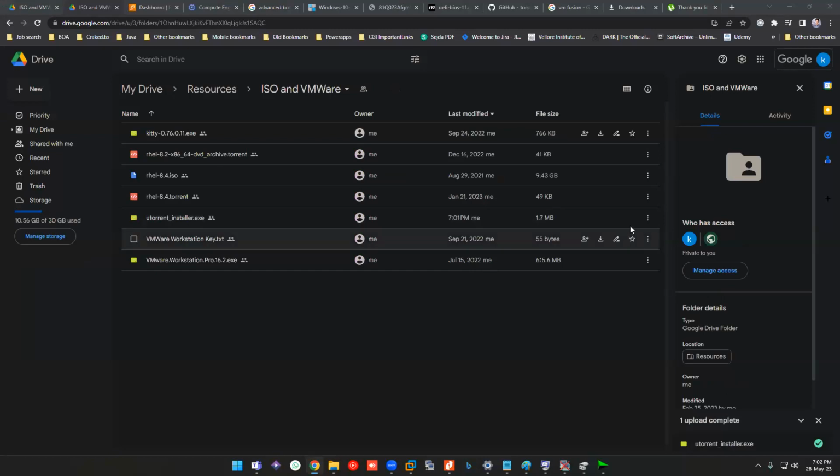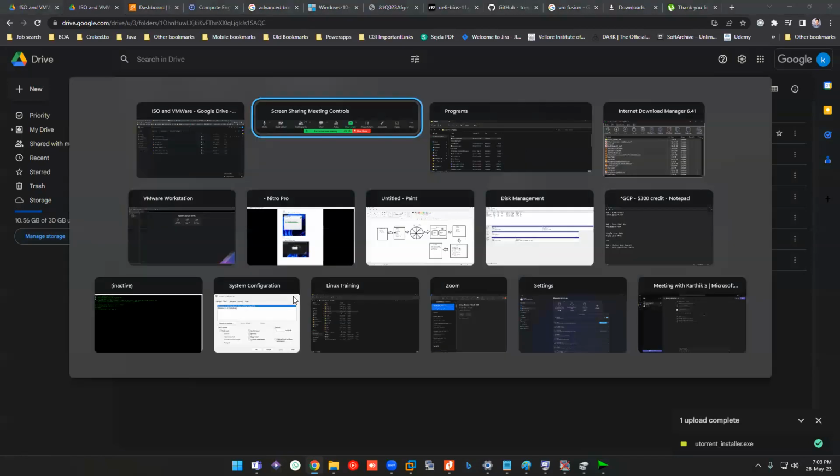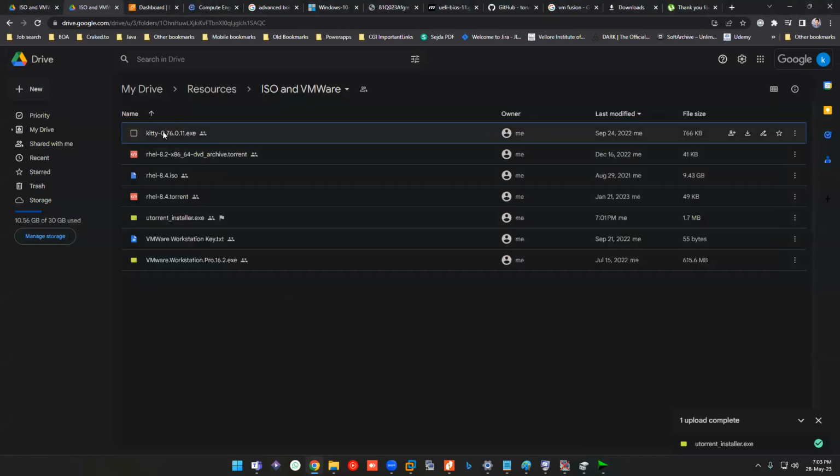Yeah, I placed it here. Okay, so this is again very straightforward. Do install this one, and download and double click this .torrent file. It should be good. It will be downloading, and even if you have any internet issue, it should be fine, because it will resume itself. Many did face issues while downloading a huge file like this one, that is the reason I included the torrent as well. Once you are done with that, do download Kitty as well.